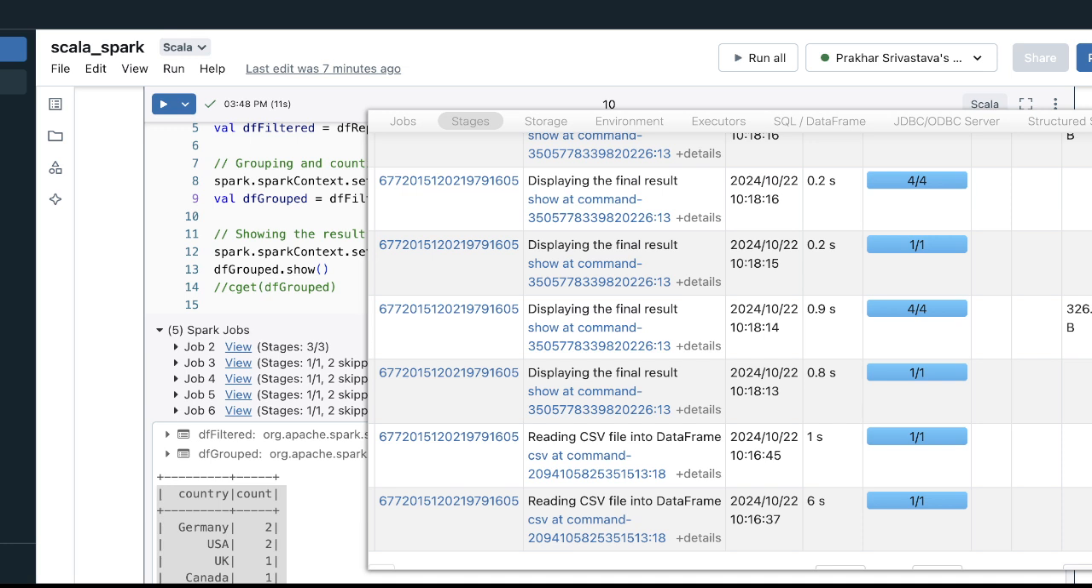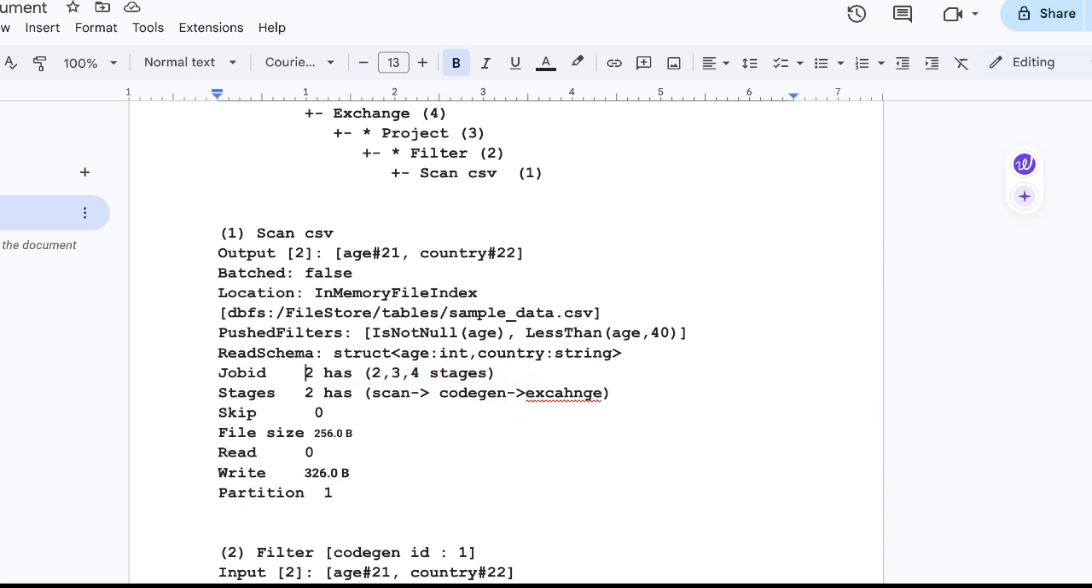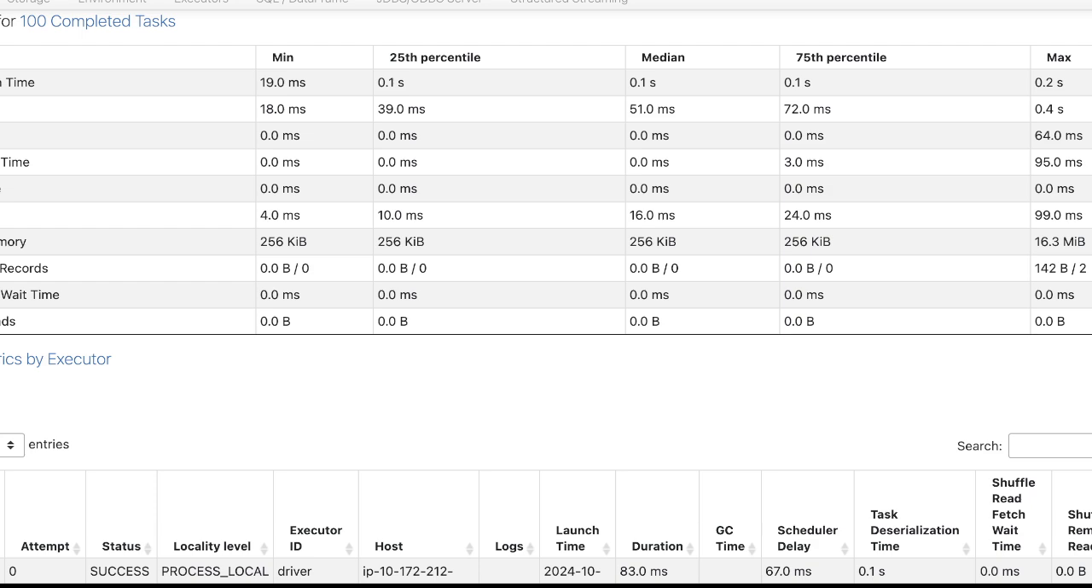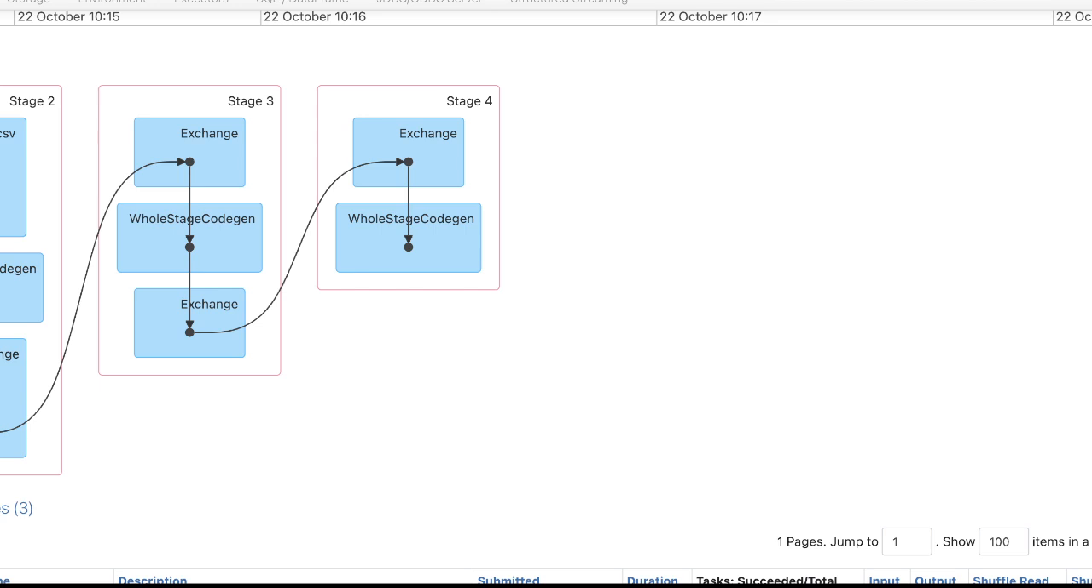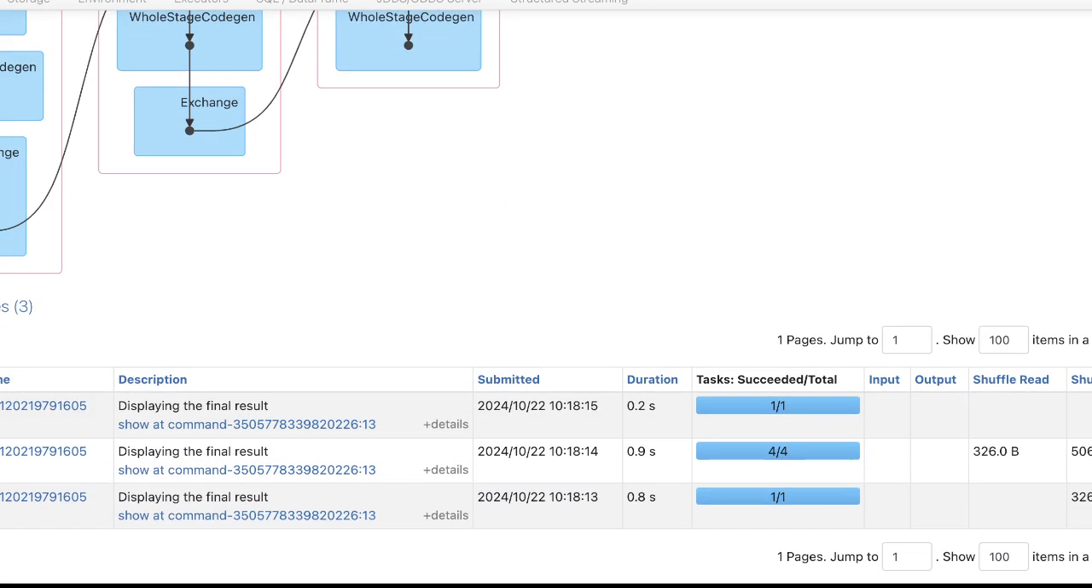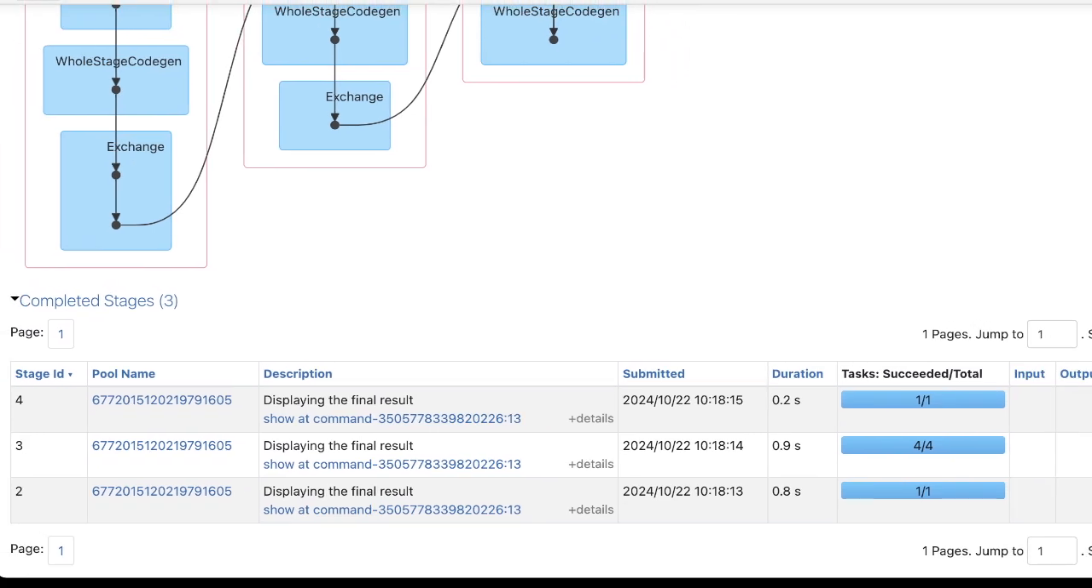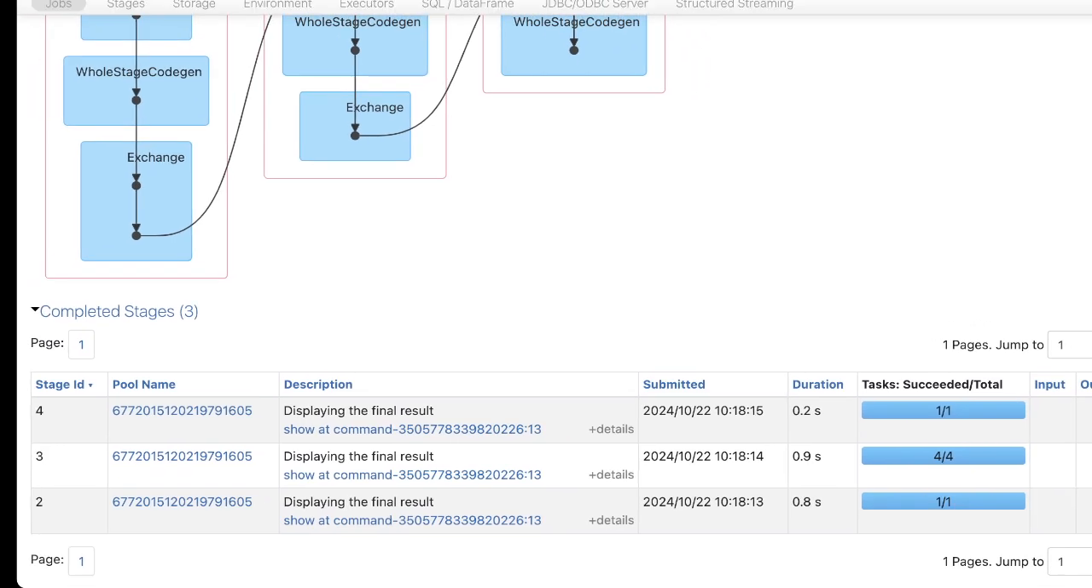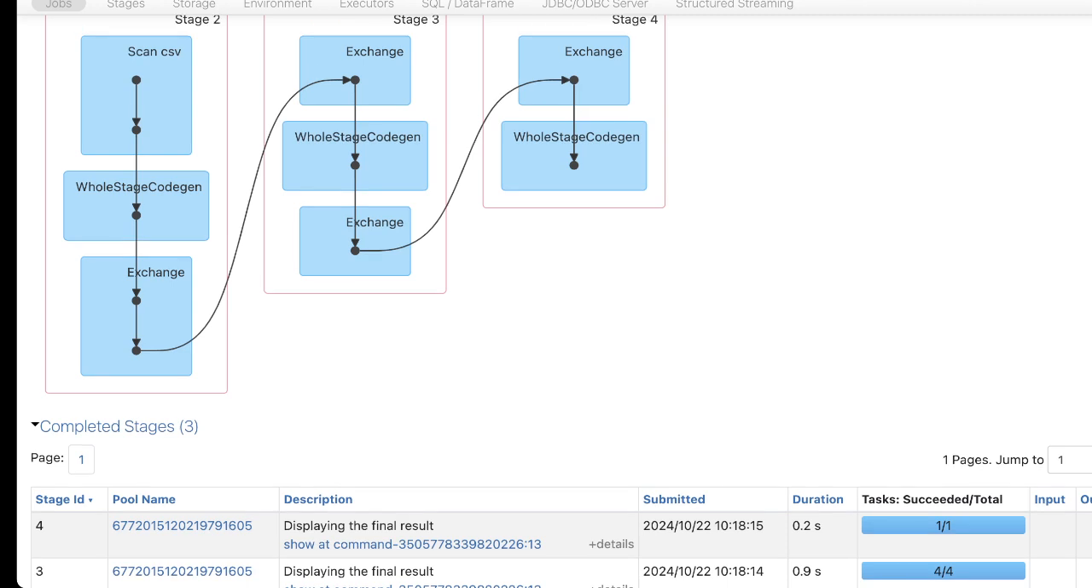Because this stage involves 3 tasks. I'll show you what I mean. If I click on this second stage, you can see it involves scan, code gen, and then the exchange. So this is the second stage, if you are able to see it here. This involved 3 tasks,